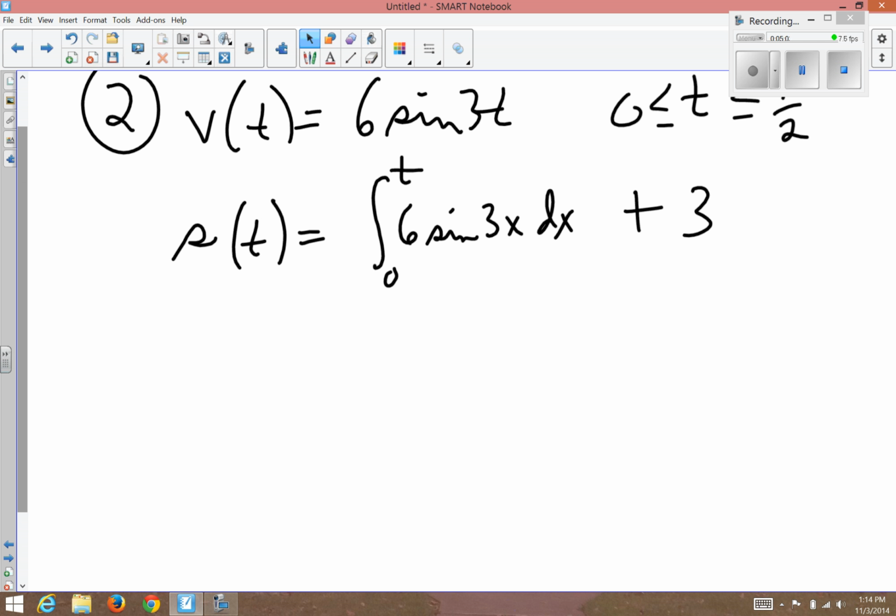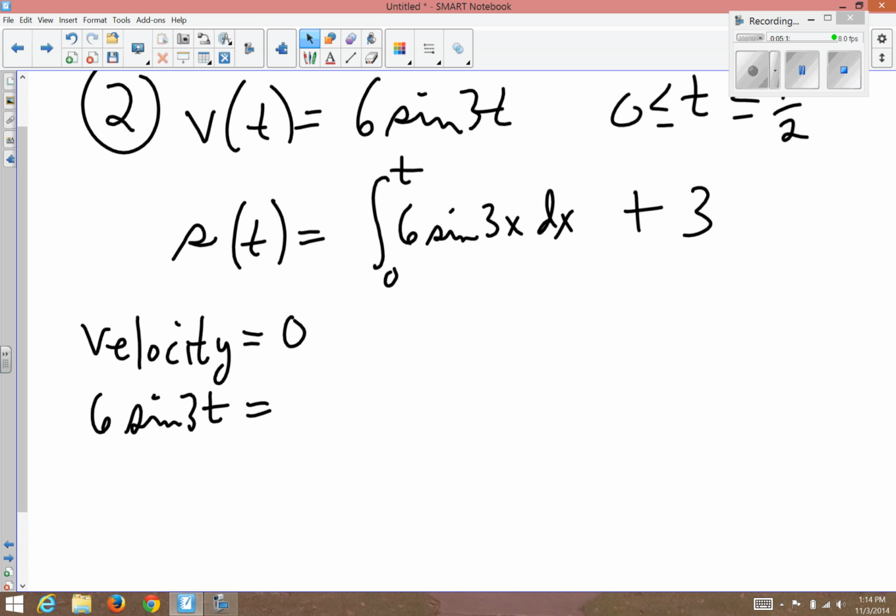So now we're going to make a table. Well, first we have to find when the velocity is 0. And you'll understand why that's important in a bit. The velocity, which is 6 sine 3t, is 0. Divide both sides by 6 when sine 3t equals 0. So I'm supposed to be doing this entire problem without a calculator. So I'm familiar with the sine graph,